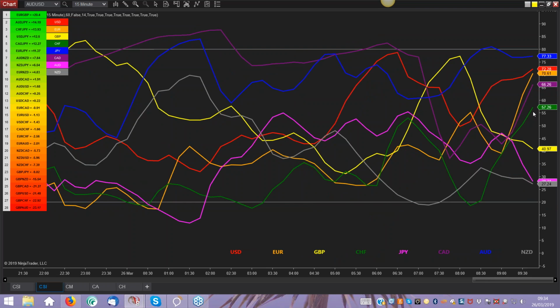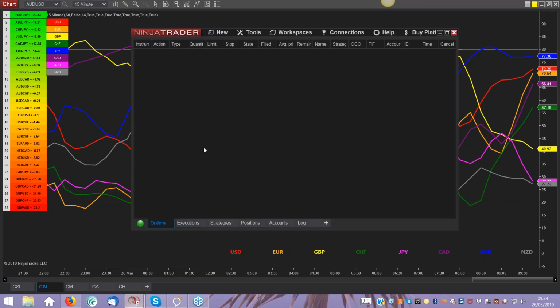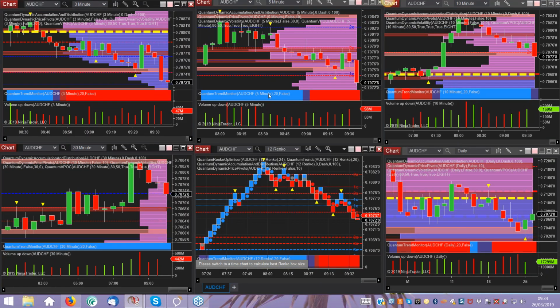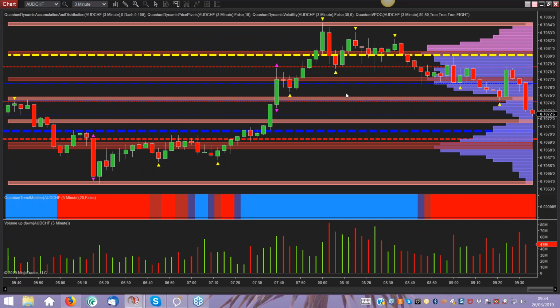But just to focus on the Aussie Swiss, because it's a nice example of really why the trend is not moving that quickly. Here it is rising, and the Aussie on 15 is flatlining. So, when you go and look at the charts and wonder why something isn't moving particularly strongly, that's the reason why. Now, that's not to say that there isn't a decent trend. You may consider this enough. Let's just pop this open on 3, make it easier to see. What are we talking about in terms of range here? You're not looking at a lot of points. It looks like it, but this is only 10 pips or so. That may be enough for you.